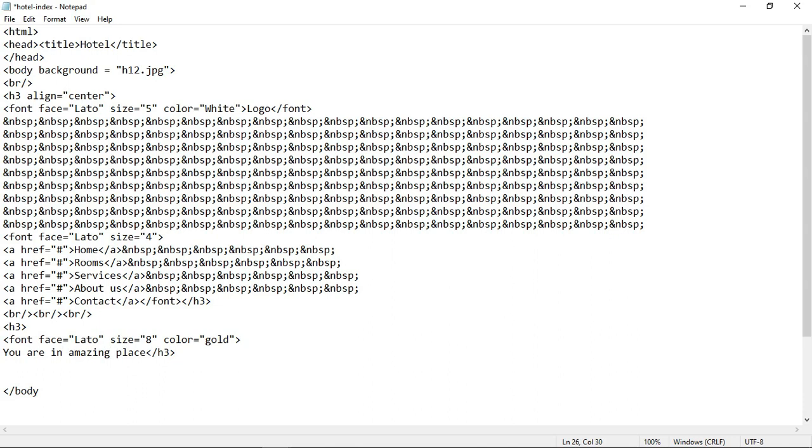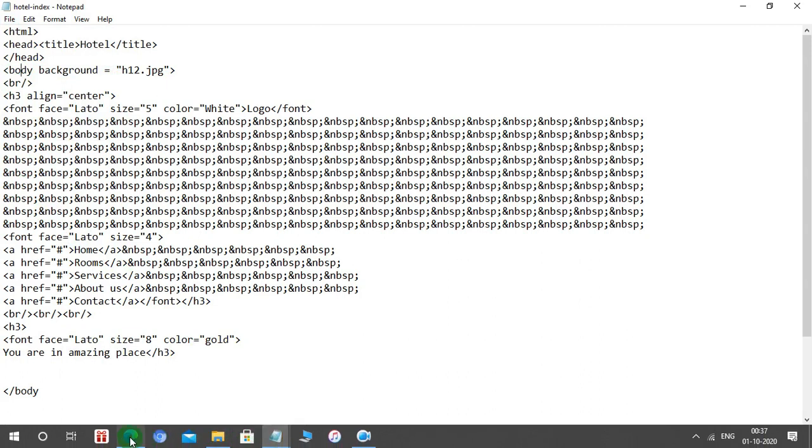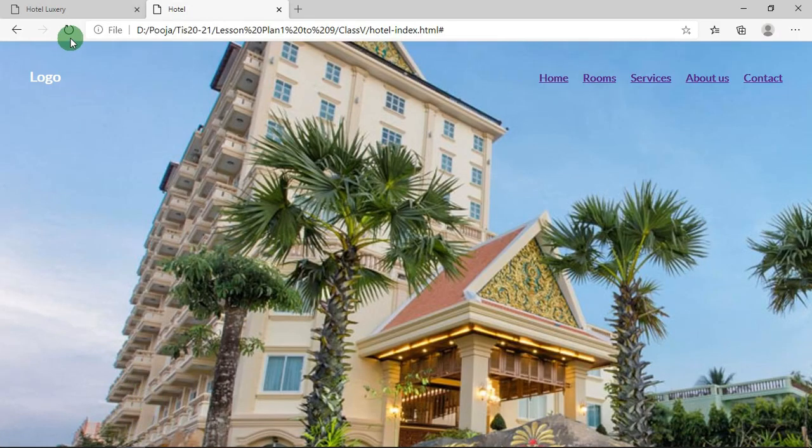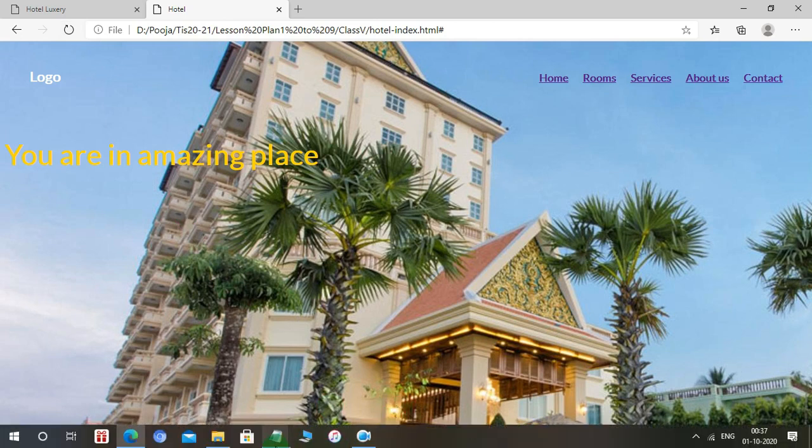Now save your file, refresh your page. Yes, it is coming on the left side. So align it in the center.